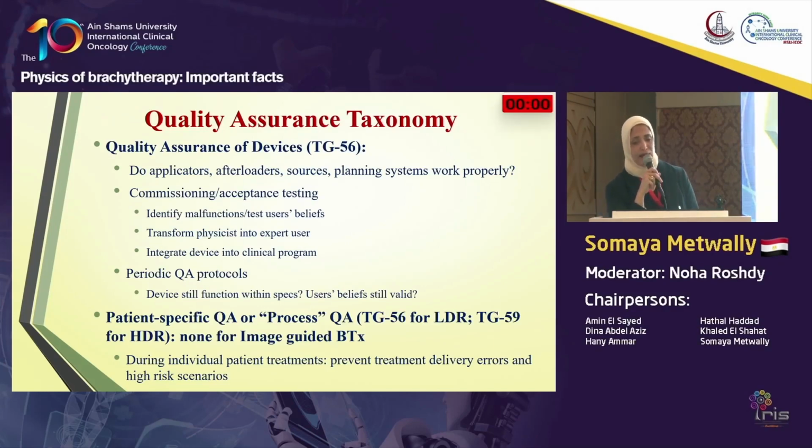So are you happy with your machine? You have to do this quality assurance or this classification of quality assurance before you start to use your machine. You have to do commissioning and acceptance tests. You have to identify malfunctions and test by yourself before you start to